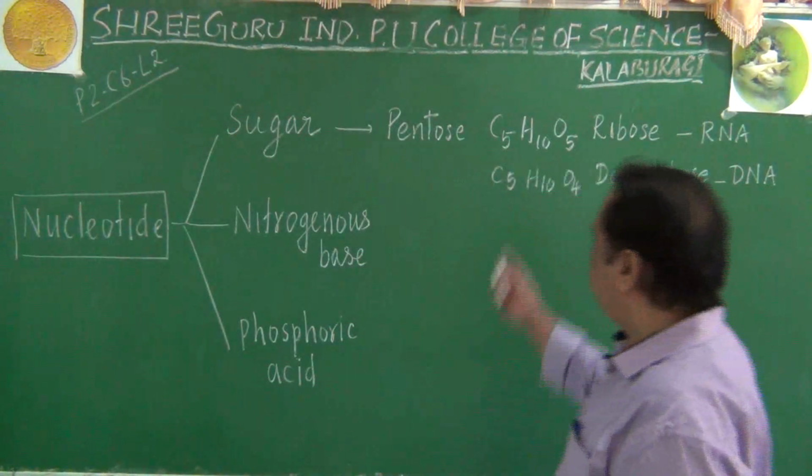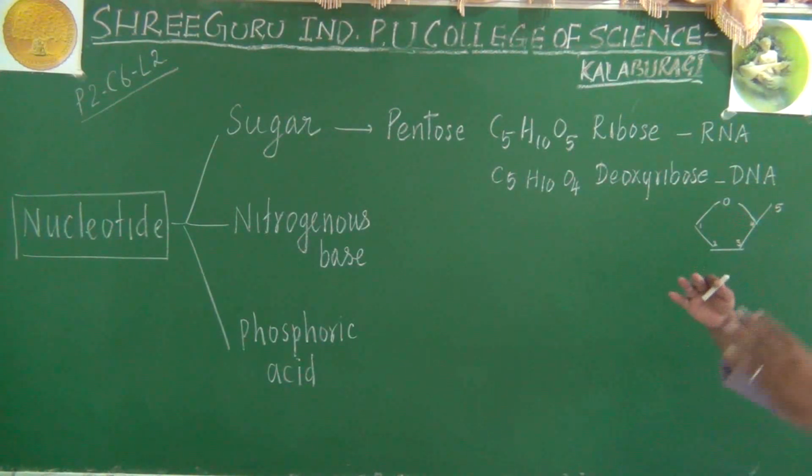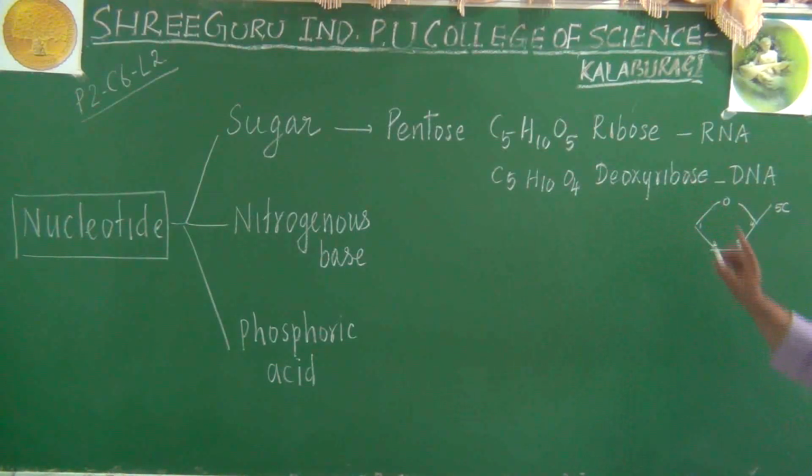Even in the previous lecture, I told you about the structure of the pentose sugar also. It is made up of a pentagonal ring-like structure like this. Here this is considered as the first carbon atom, second one, third one, fourth one, and the fifth carbon atom will be facing outwardly. Whereas between first and fourth carbon atom, for the sake of stability, they will be forming some bond here. So this is the fifth carbon atom position, remember. This is the sugar molecule.